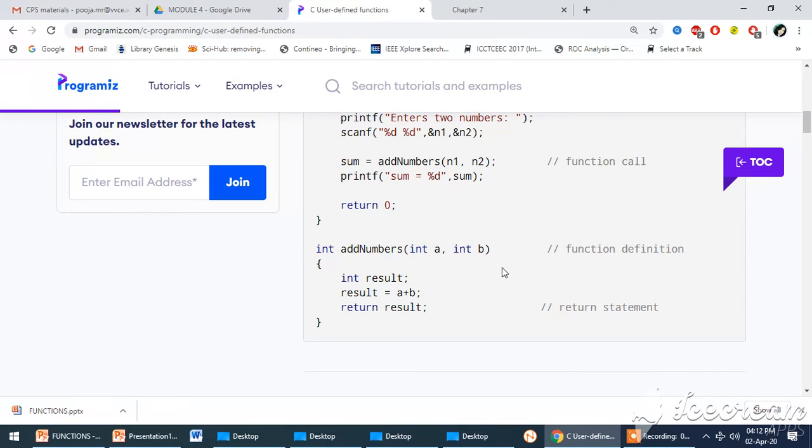So the function header will look very much similar to the way you have written the declaration. The return type of the function is int. The name of the function is addnumbers. You have two parameters, both of which are of type int. But now we don't use the same